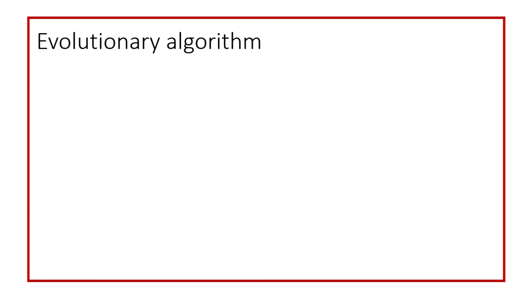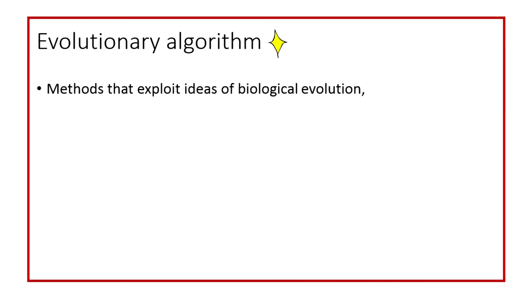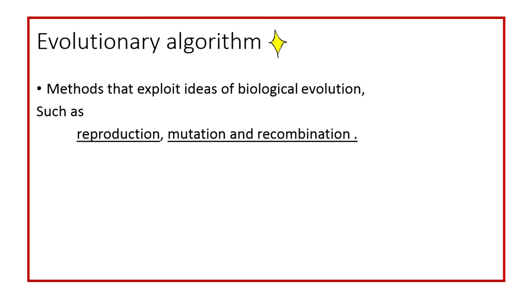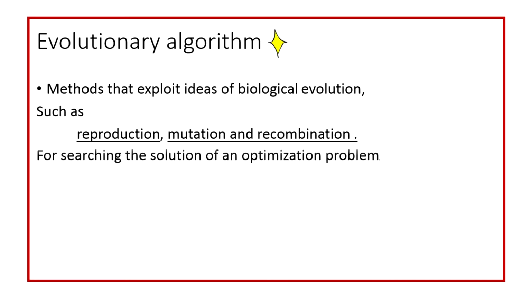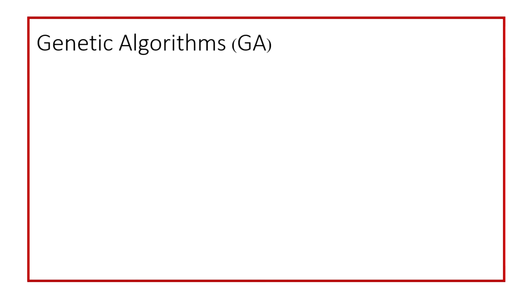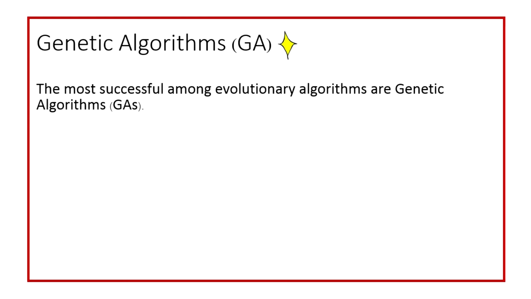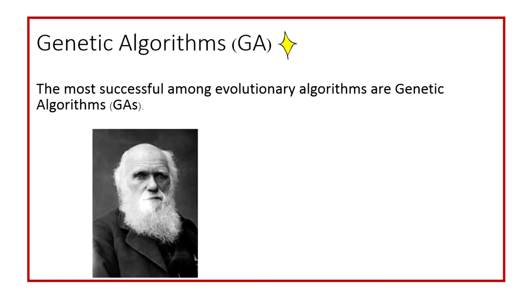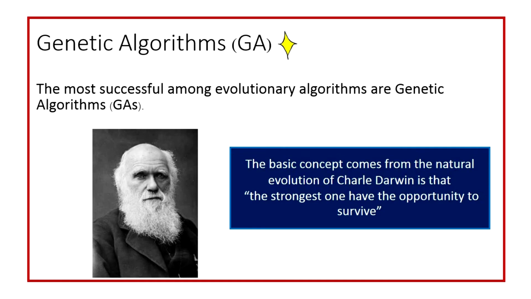So, we are interested in evolutionary algorithms. This is a method that exploits ideas of biological evolution such as reproduction, mutation, and recombination for searching the solution of an optimization problem. The genetic algorithm is the most successful among evolutionary algorithms. The basic concept comes from the natural evolution of Charles Darwin, that the strongest one has the opportunity to